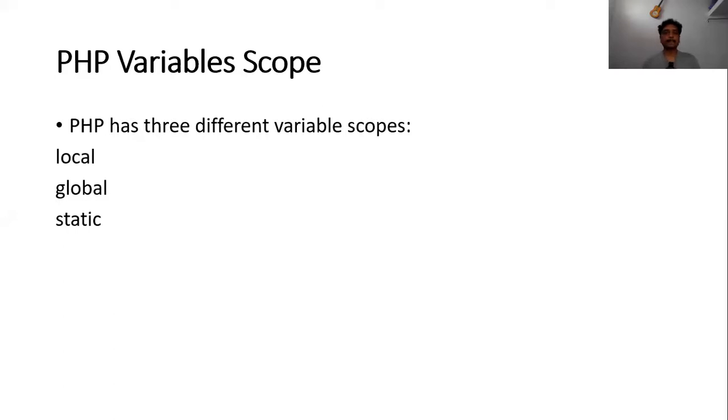Look at here. So this is what we discussed. PHP has three different variable scopes, that is local variable, global variable and static variable. Okay. Next,